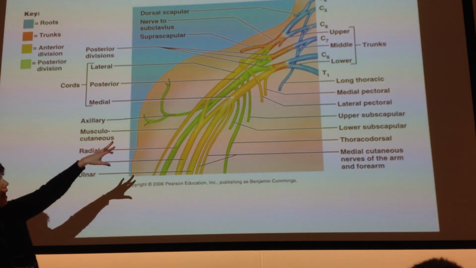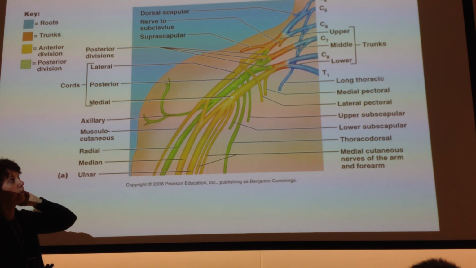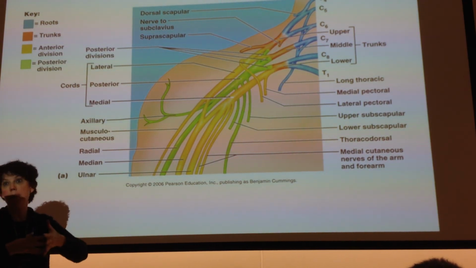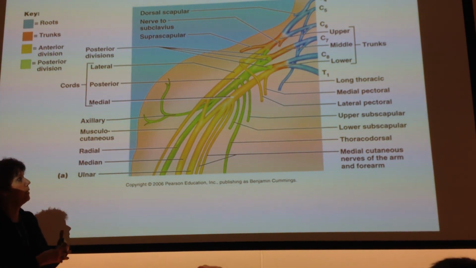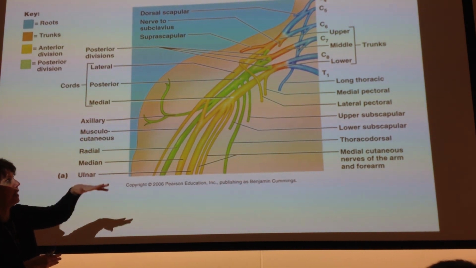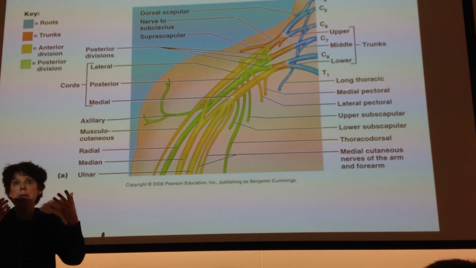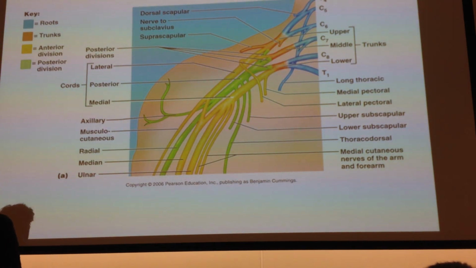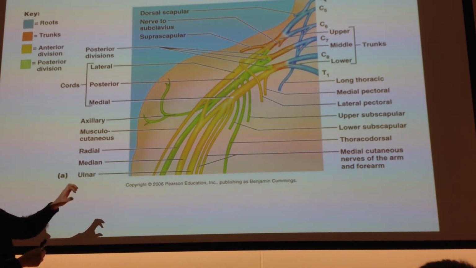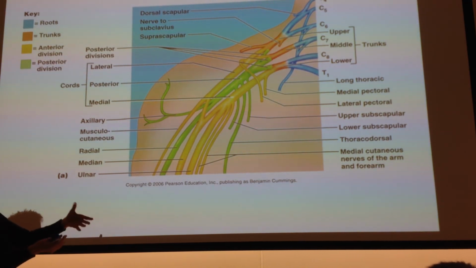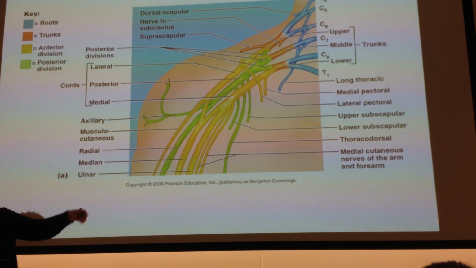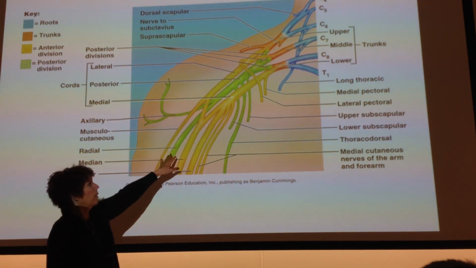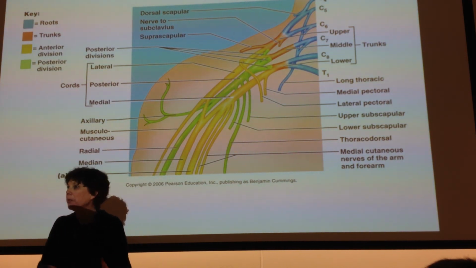So C4, C5, C6, C7, C8, C1 are the roots, all right? And those are formed by the ventral rami. So they're the roots of the plexus, but they're formed by the ventral rami of the spinal nerves at each of these levels. And then imagine them to be bundles of yarn. And we take bundles of C4 and C5, almost both of the root bundles, and bring them together to form the upper trunk, along with C6. And then we split part of that off to form the posterior cord, and we just kind of keep interweaving